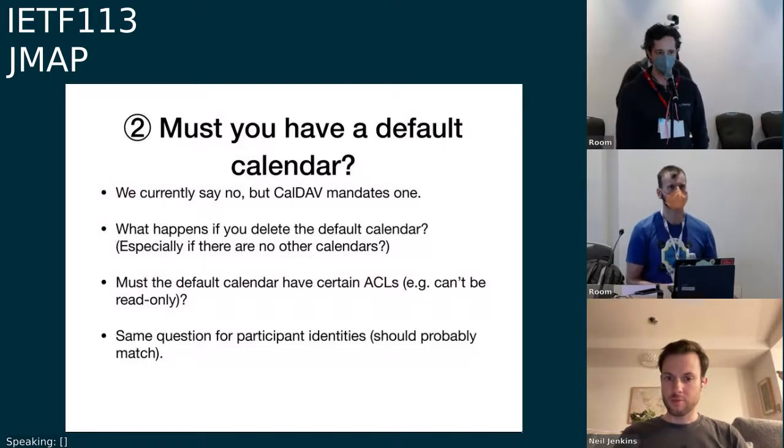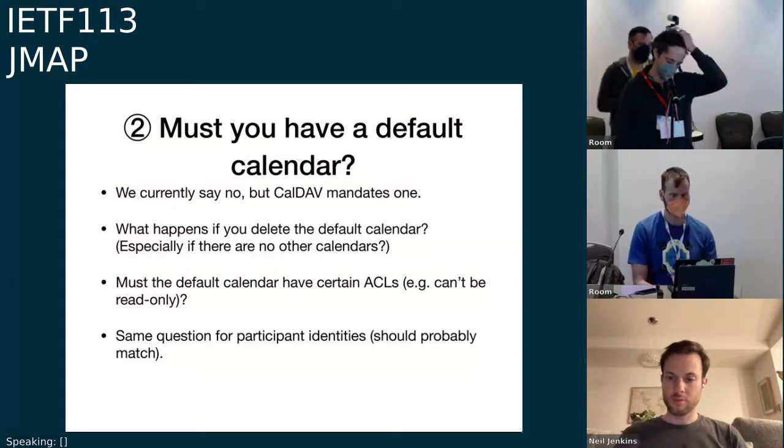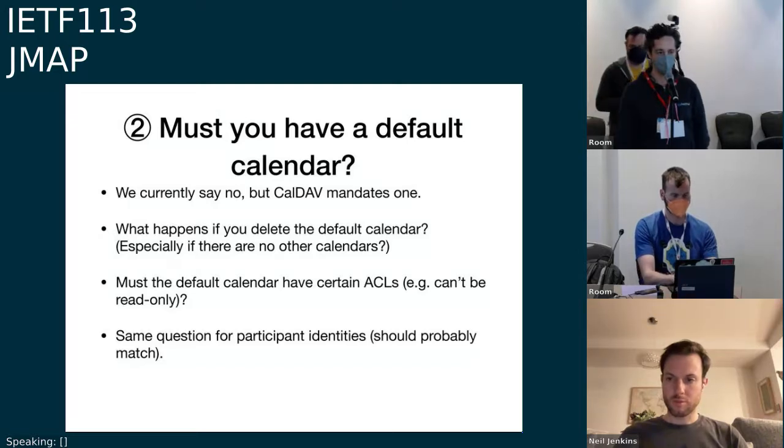And that being said, for participant identities, which we map to the calendar user address set property, I think these two properties in CalDAV and JMAP should be aligned. But the CalDAV spec in 6638 definitely says that if the property is destroyed in CalDAV, then this disables scheduling for that account.